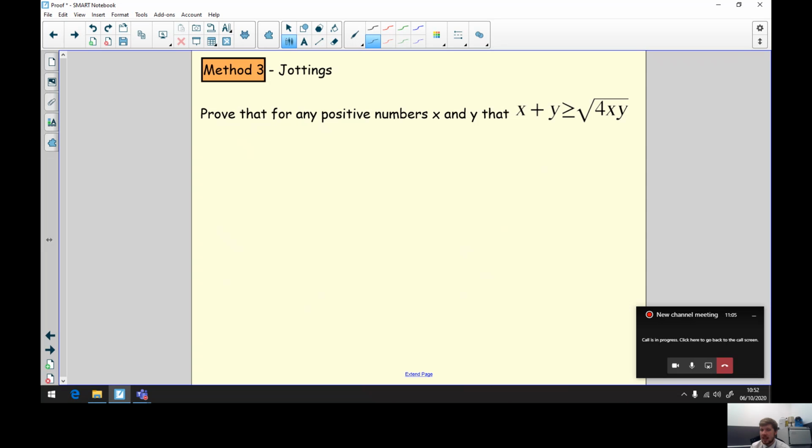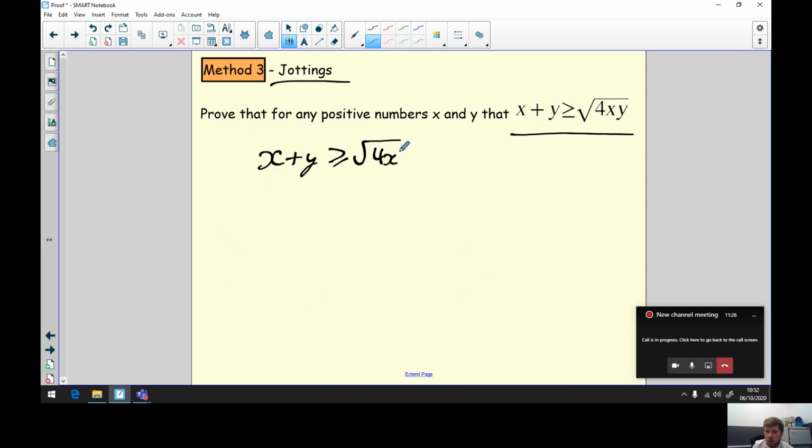And finally, the last one to note is just about this method called jotting, and essentially prove that for any positive integers x and y this is the case. Now, what's important to note about this is that we have two variables. We've got an x and a y variable. So therefore, when I look at this,